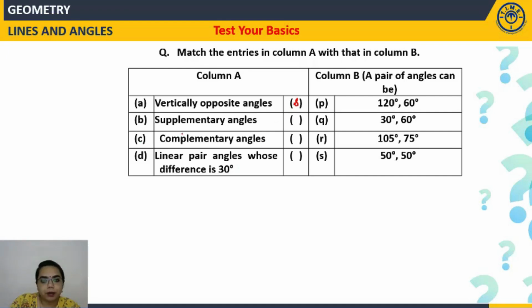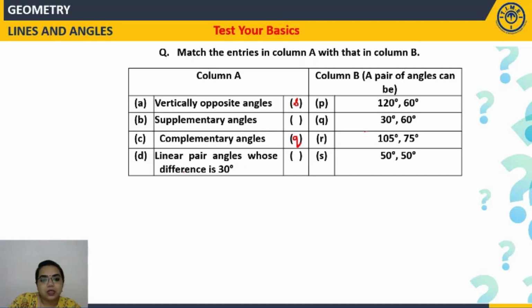Let us check for complementary angles. The sum of the angles must be equal to 90 degrees. So P is not satisfying anyway. Look at Q, 30 degrees plus 60 degrees. Yes, that is equal to 90 degrees. So we can take this as Q. Now next,